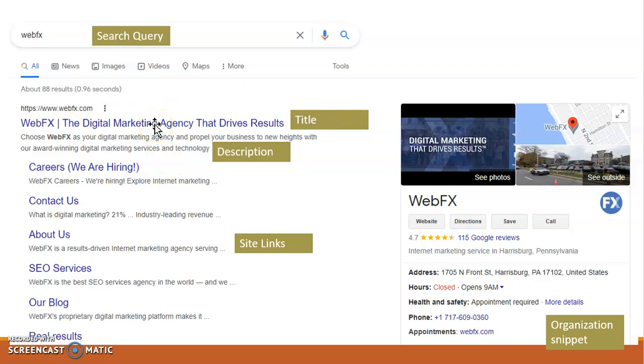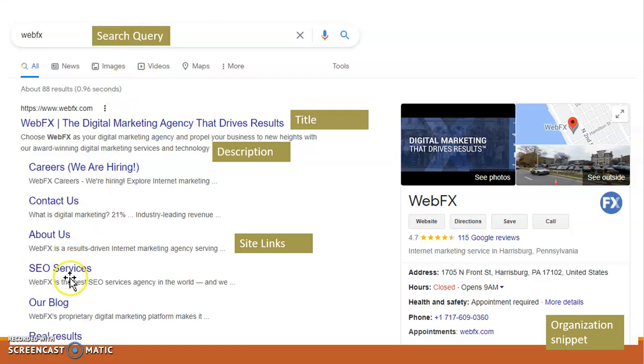Okay, the title and the description displayed on Google SERP are known as your meta title and meta description. Like a small description which shows on Google SERP, these are the eye-catching statements which influence the users about your website.